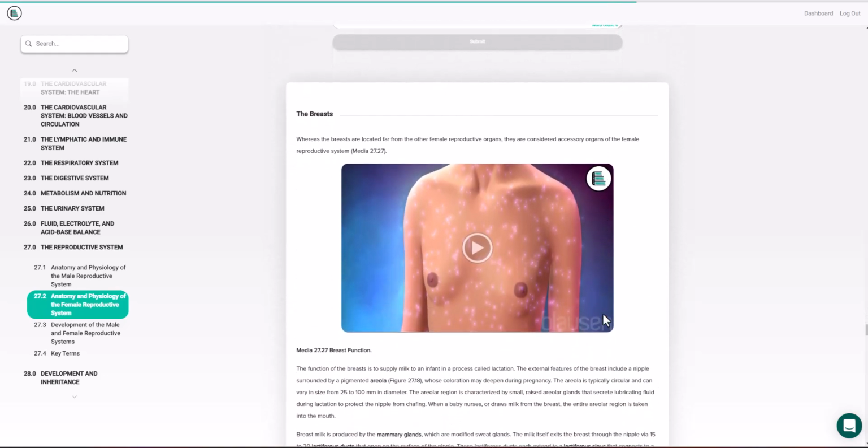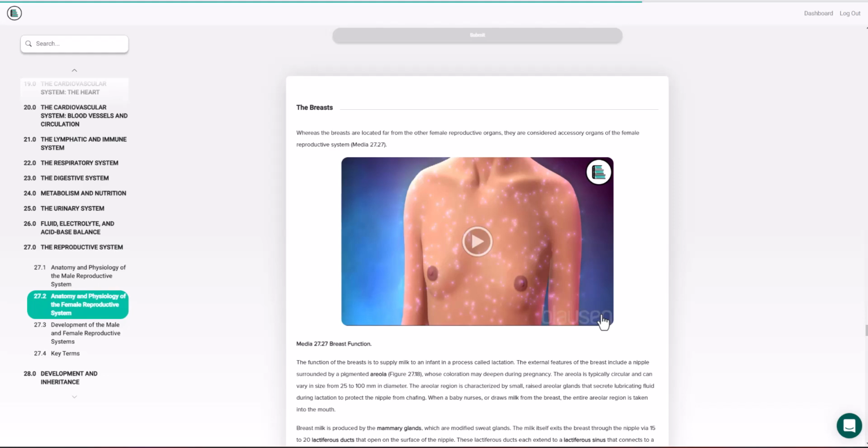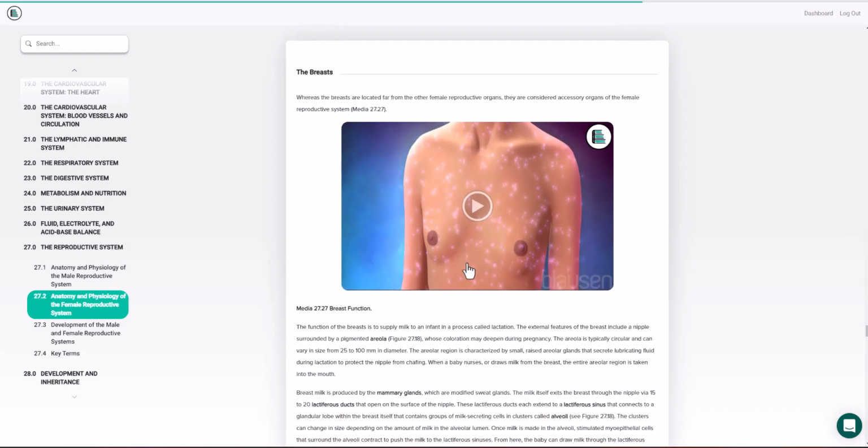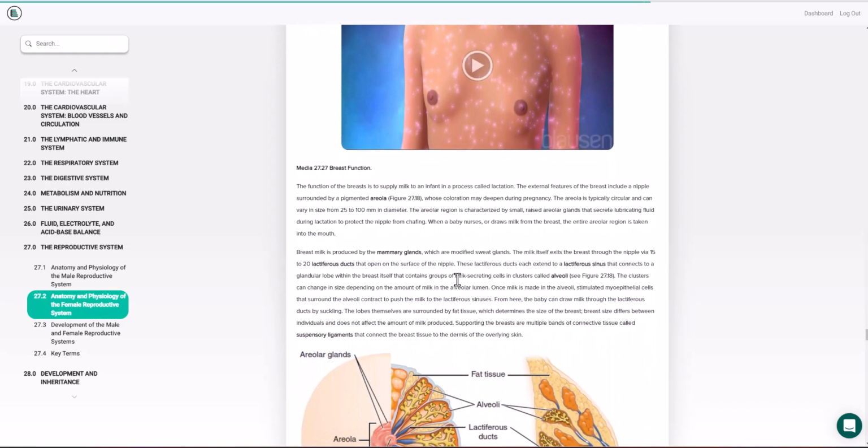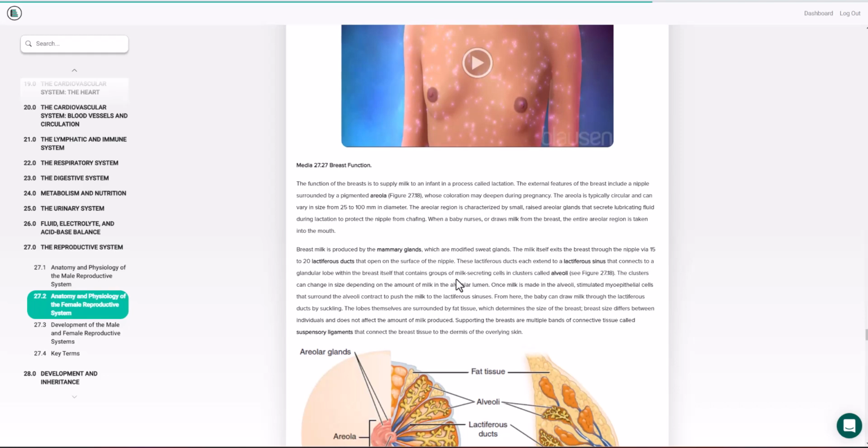The breasts are an important part of the female reproductive system. They're considered accessory organs to the female reproductive system, important for nurturing the youth, obviously. In lab, I did not focus on the breast tissue. We don't have a model of the breast, but